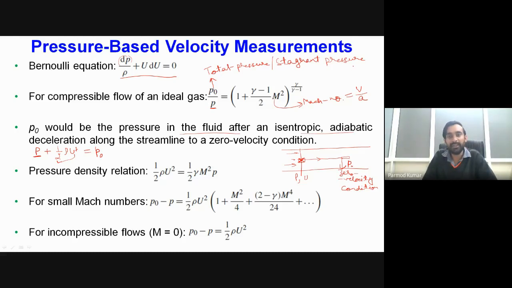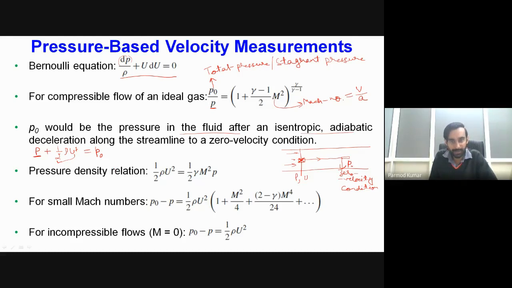Okay, so what we can do, we can devise some mechanical arrangement which will be giving us the values of static pressure as well as the value of the stagnant pressure, and if we know these two values we can determine nothing but the velocity, or localized velocity, of the fluid particle for that particular streamline. Okay, so this is the basic principle which represents the coupling between the pressure and the flow field.